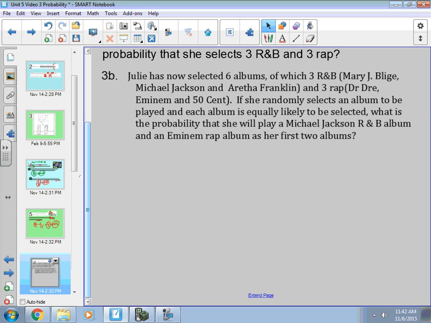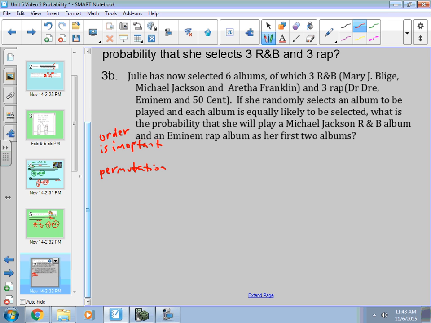Okay, now we're starting to get into something different here. Now the order that we're doing these is important. So if order is important, remember back to what you talked about with permutation and combination. If order is important, then we want to choose permutations. So this is now a permutation problem rather than a combination problem. So just like we talked about before,